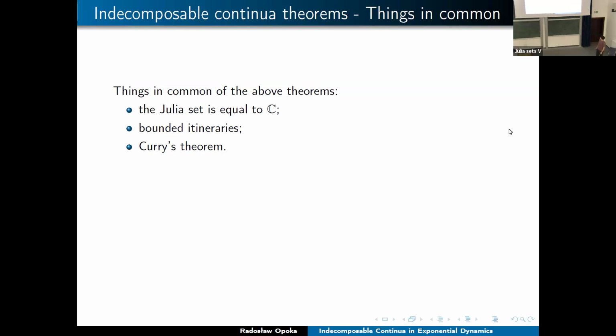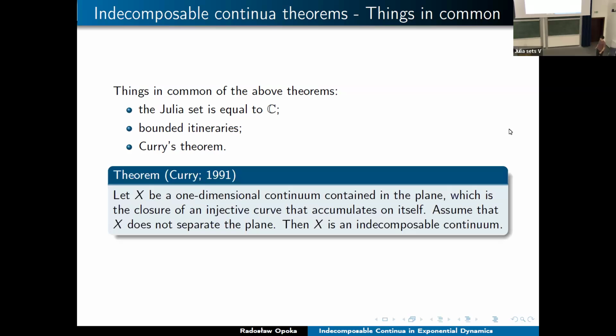And all of them use in the proofs Cartwright's theorem, which says that if we have a continuum on the plane, one-dimensional, and this continuum is the closure of some curve which accumulates on itself, so it means that the accumulation set contains this curve, and we also assume that this continuum does not separate the plane, which means that the complement of this continuum is a connected set, then this continuum is indecomposable. So the main thing to prove in all these theorems is to prove that the accumulation set of the hair